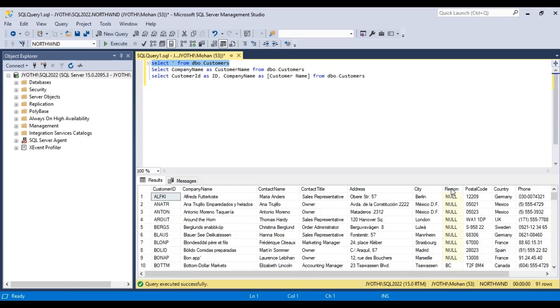So understood? I will give the column a name and combine these three columns, address, city and country, separated by commas. So let me show you with an example.